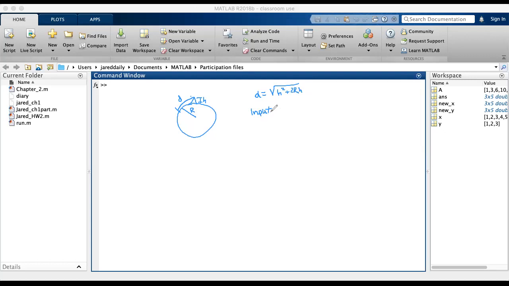Okay, so the inputs. We're trying to calculate the distance. That's the thing we want to know. So we're inputting the radius of the planet. In this case, they're doing the radius of a moon, actually. Right? So that's R. And then the height is the height of the mountain. Sorry, my handwriting is even worse on a computer than it is in real life. Height of the mountain. And then